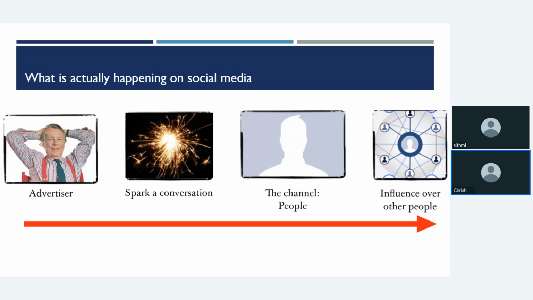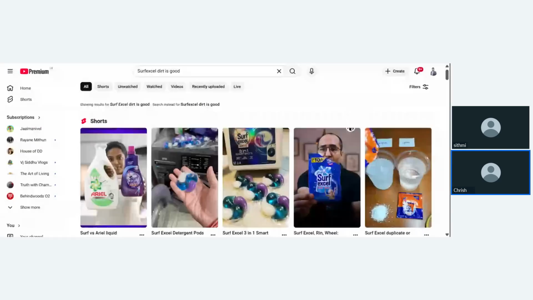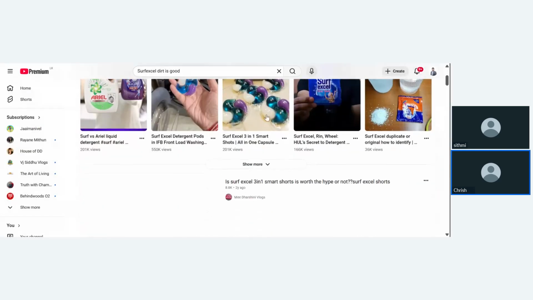For that, Iraj is very good in Sri Lanka. Mainly he earns through digital channels, and he gets his content properly worked out. So I'll try to show you the Surf Excel Dirt is Good campaign. Many campaigns are there. Everyone technically says